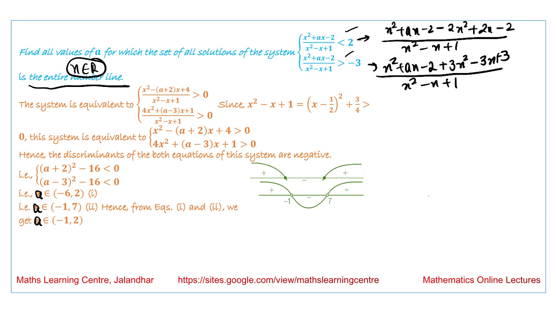So, if we solve the numerator part over here, we obtain minus x square, then the terms with x, we have plus x into (a plus 2), and minus 4 over x square minus x plus 1, this term is less than 0, and second we are obtaining